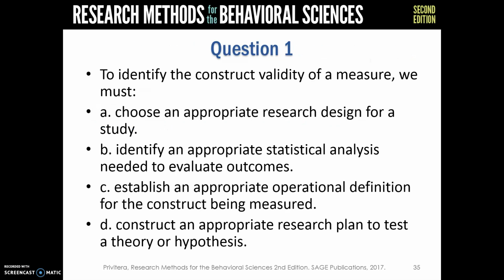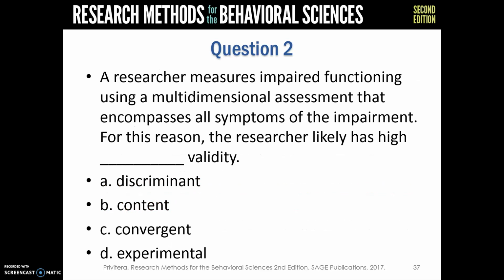And these are some of the questions you could actually answer as well. To identify the constructability of a measure, we must, the answer is C, establish appropriate operational definitions for the construct being measured. A researcher measures impaired functioning using a multidimensional assessment that encompasses all symptoms of the impairment. For this reason, the researcher likely has a high blank validity. The answer is